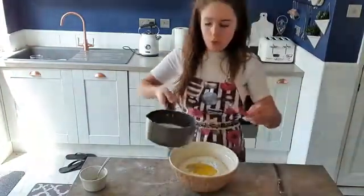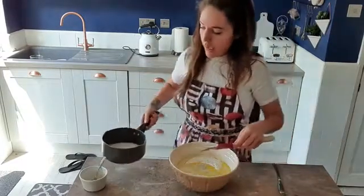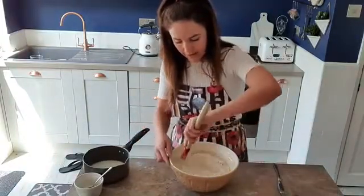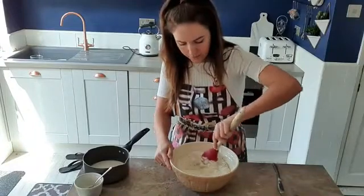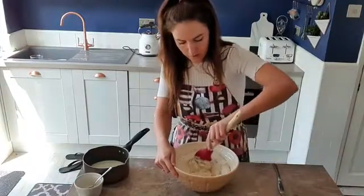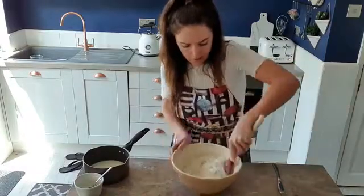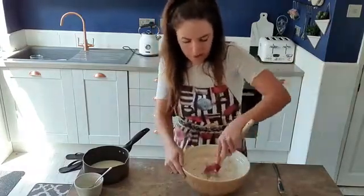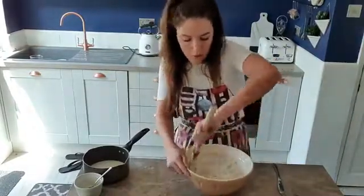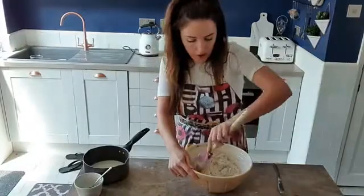Now I don't want you to add all your milk. I want you to add about half, and then we're going to mix it all together. Mix the whole lot together until it starts to form a dough. There we go. Now it'll be quite dry at this point, but we do want to be careful with our liquids because we don't want to overload it with liquid. If you've used a large egg instead of a medium egg, you probably won't need to use all of your milk. I've used a medium egg and my mixture is quite dry, so we're going to add